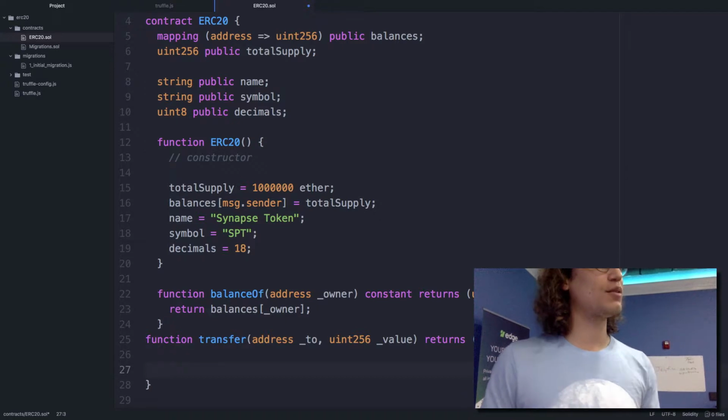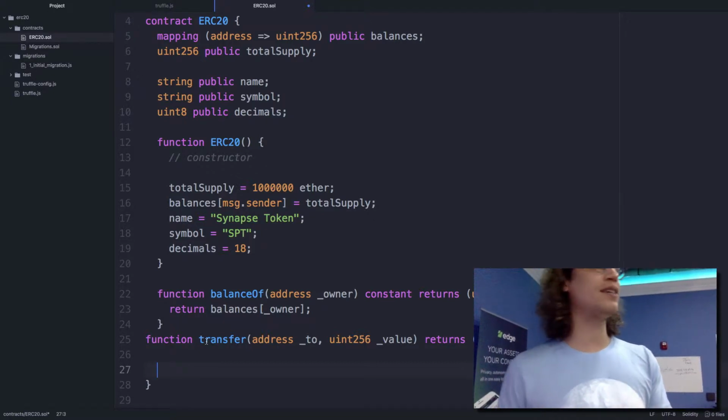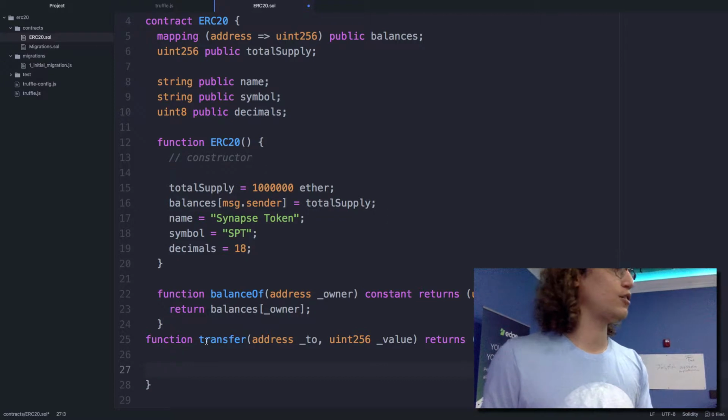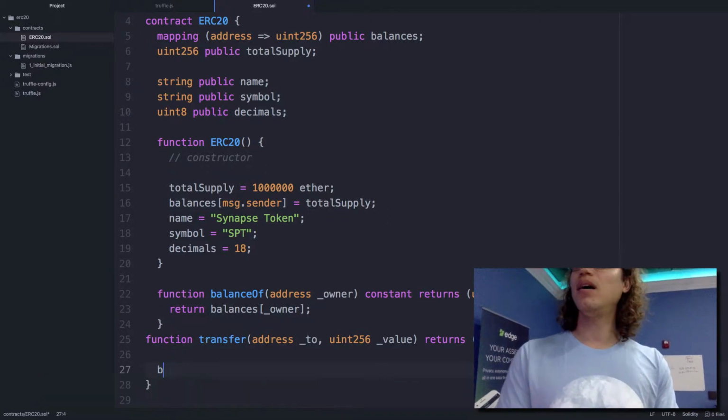There are lots of people doing stuff like that too. And Zeppelin, I'll show you Zeppelin in a little bit. They have all that stuff there for you, actually. So burning and minting, those are the two functions that you could do. I'm doing a transfer function right now. So quite literally, to do a transfer,